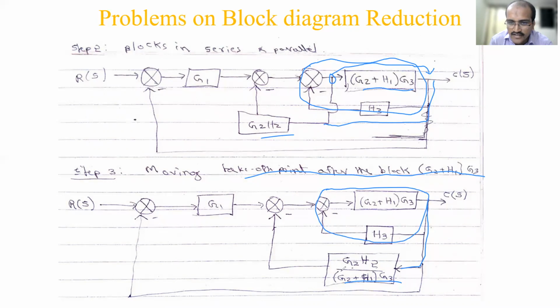Then again you have the minor feedback loop, you have to eliminate that. So then whatever you are simplifying, this block is in series with G1. Then this complete block has a unity feedback here, right? Nothing is there, which means there is a unity feedback. This also you have to consider. Okay. So you may be confused by whatever I am saying. Just now eliminate this minor feedback loop, so you'll get an idea. Okay.